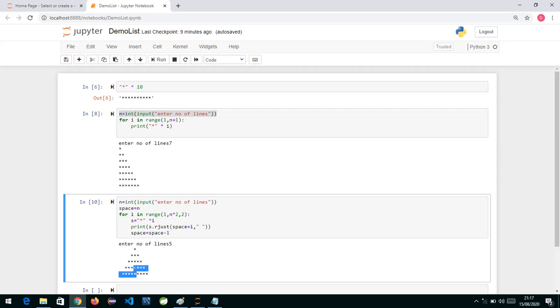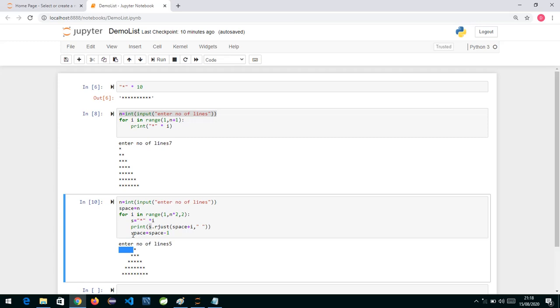If I draw a central line from here like this, the first star, before that, we can say tentatively the number of rows, the number of lines, whatever you write, that is the space to be taken. So that space plus the space occupied by star, that is plus i. So space is 5, i is one more, 6. So from 6, what I have written over here is s dot write, rjust 6 comma space. So from 6, 5 characters it will print spaces, and the last character will be a star.